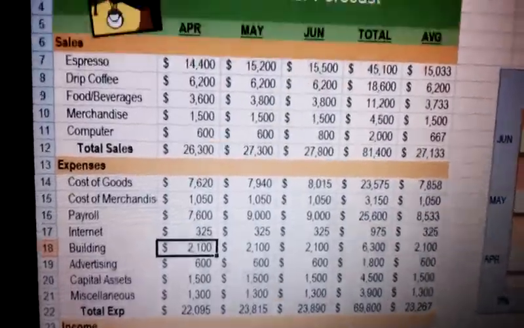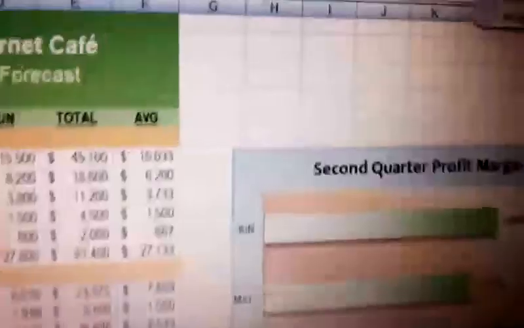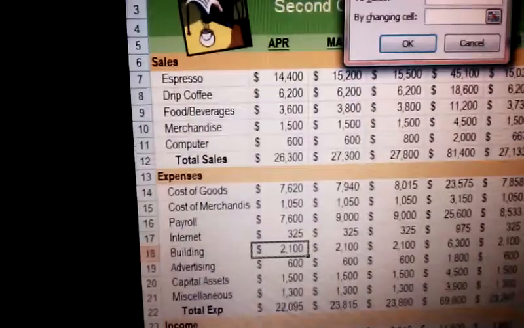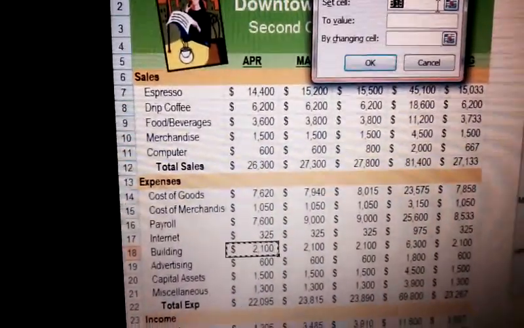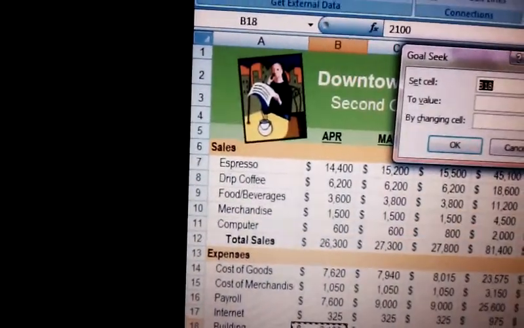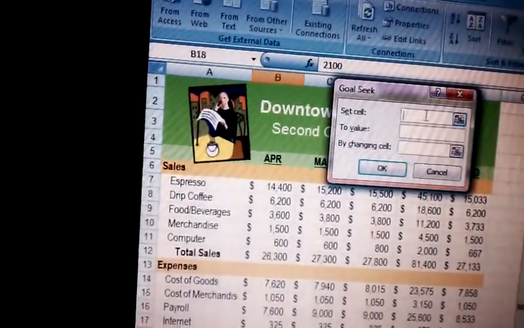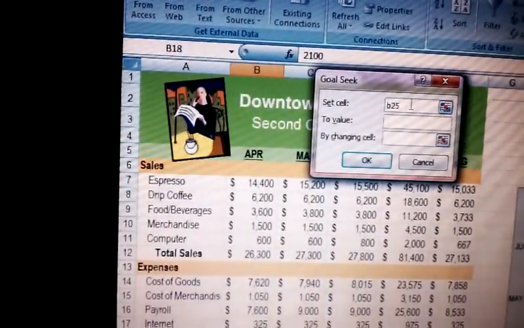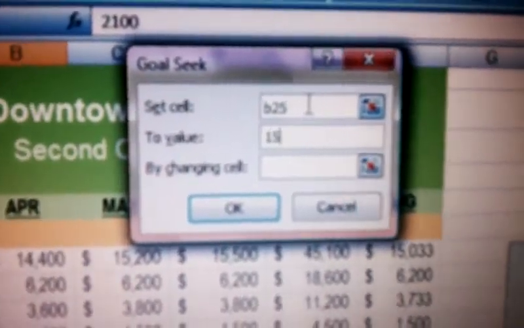You go to the Data ribbon. It's called What-If Analysis. You click on it and go to Goal Seek. Now, the profit margin is in row 25, but for time's sake, we're going to go with B25. And this is what you have to write: B25 at 15%